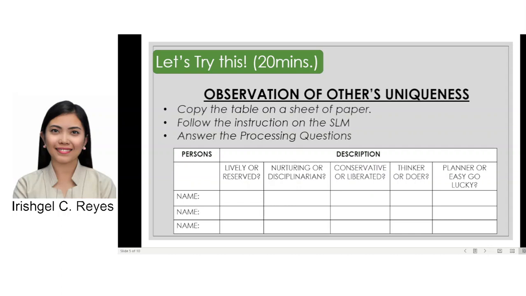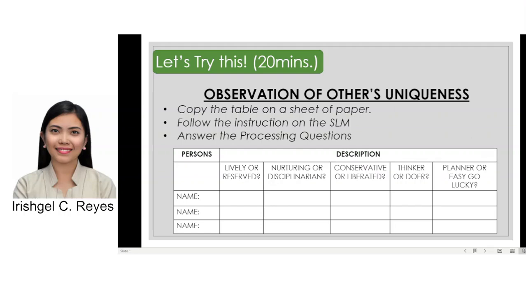So, what are the processing questions that you have to answer on this part? Number 1, were you able to fill out all related descriptions for each person? Which of the descriptions is the most observable? Number 2, what is the most difficult description to observe? Explain your answer. What can you say about the differences that you observed among these 3 persons? Okay, so that's